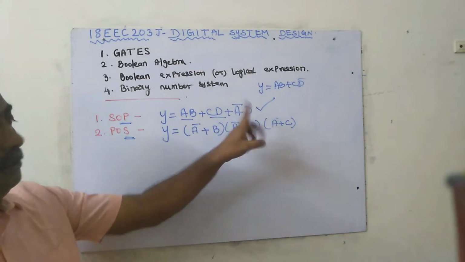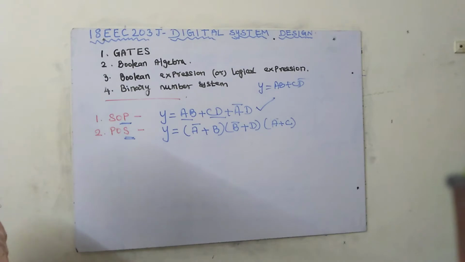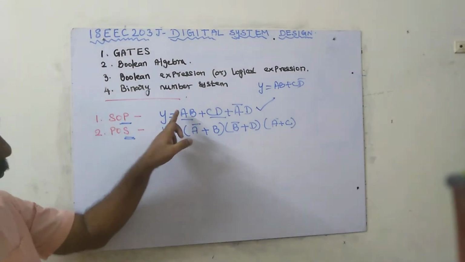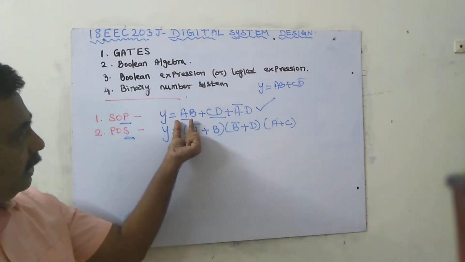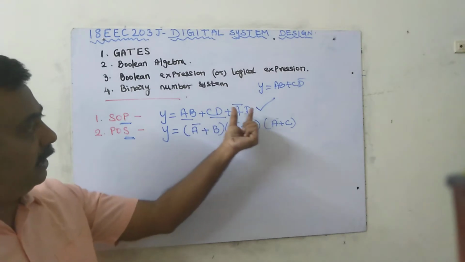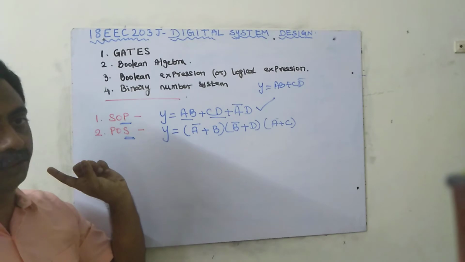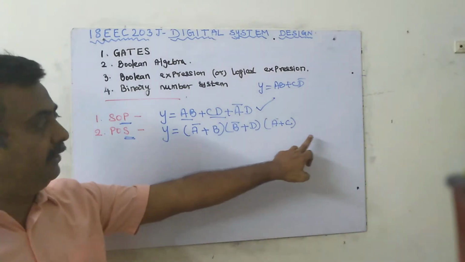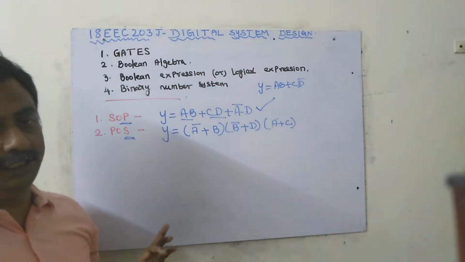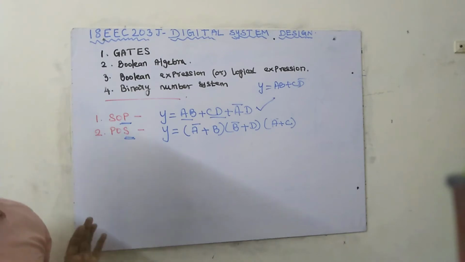This is the algebra equation. This is SOP form, POS form. This is the first topic in our syllabus. First you should know what is SOP form. SOP means first product, then sum. The gates used: an AND gate and a NOT gate are used here to multiply, then to add, an OR gate is required. In POS it is reverse. First we need an OR gate, then we use an AND gate to multiply all those things. These are the two forms, SOP form and POS form.